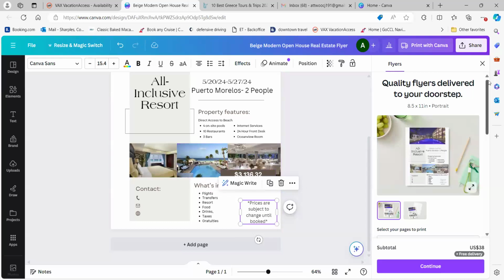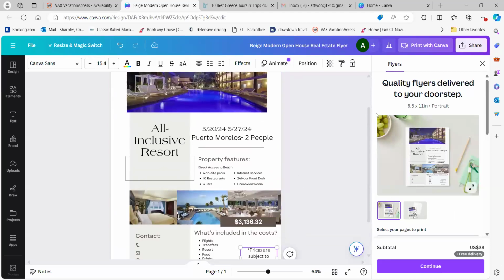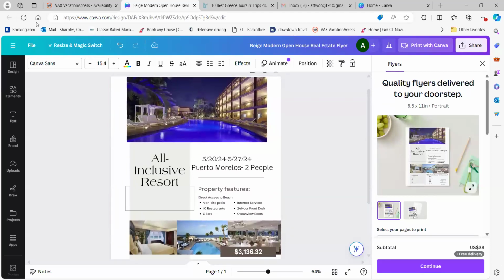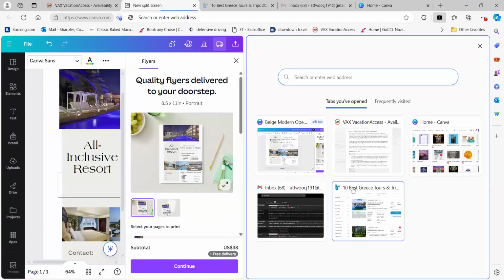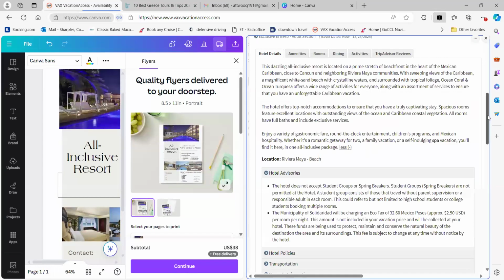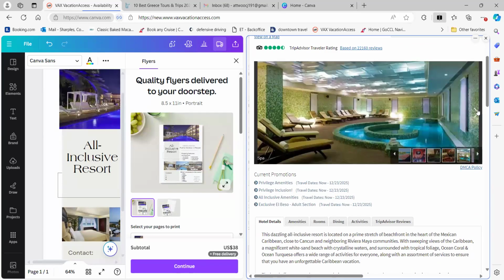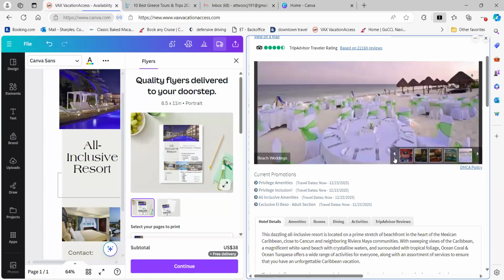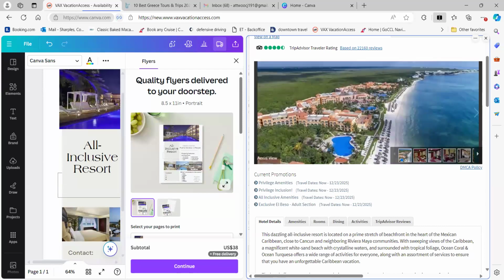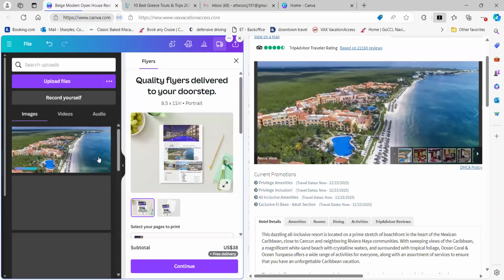And then what I usually do here is I will change the photos that are on the flyer. Sometimes I'll choose the same flyer. Sometimes I'll choose different ones for mock bookings. So what I do is, those of you that have the browsers or aren't sure what this is, there's this little split screen here. So what I'll do is I'll use the split screen and I'll pull up VAX next to it. Sometimes it will let you drag photos. Sometimes it won't. So usually what I will do first is I'm always getting a picture of what the resort looks like. And then I'll drag that photo over to here.